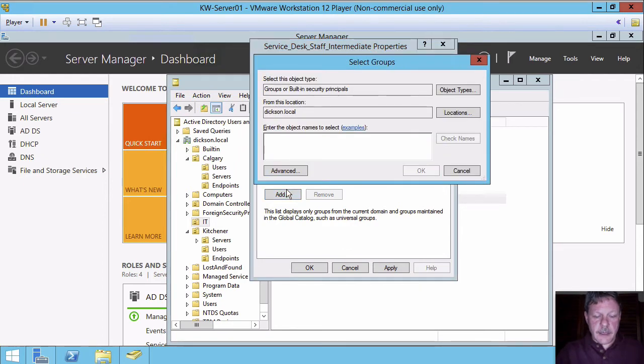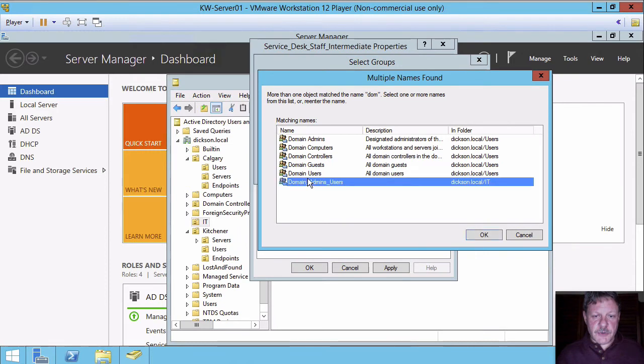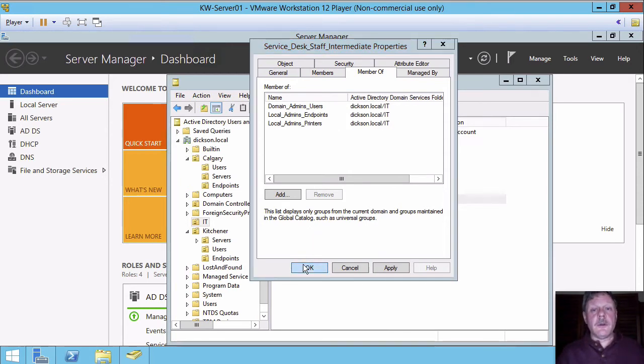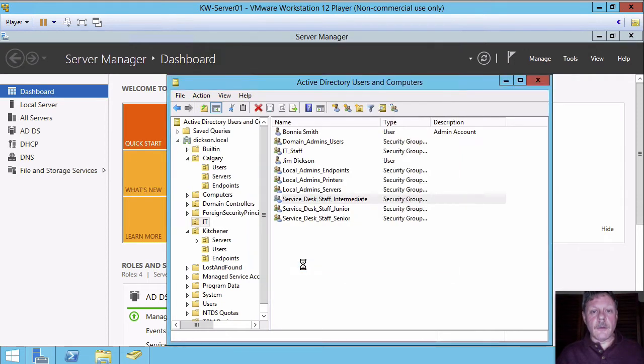And then I will add in the domain admins users. So now our intermediate role group has whatever rights or permissions are assigned to these 3 access groups. So we're starting to really build a nice structure here for role-based access control. Right. Now, once we've got that finished, so that takes care of steps 6 and 7, what we want to do is delegate the